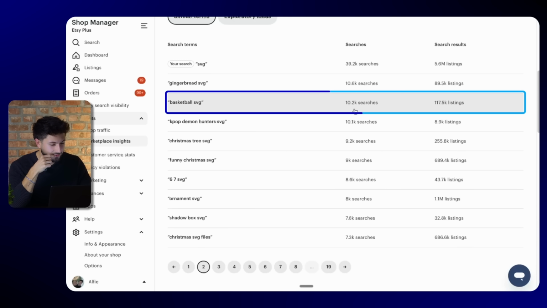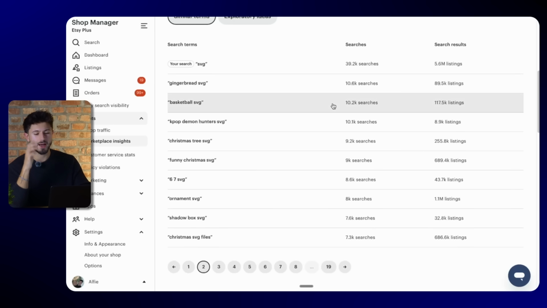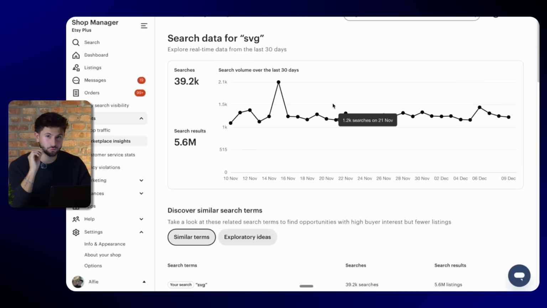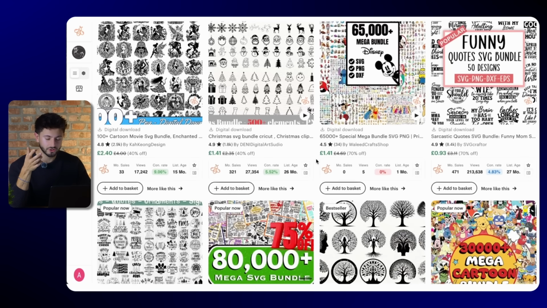Basketball SVG, 10.2K searches, only 117K competition. I know it sounds like a lot, but that's not actually that much on Etsy. Gingerbread SVG, again, even better. So yeah, marketplace insights, guys, that's another really good way. And then the final way, guys, if you want to pay for an SEO research tool, of course, you could